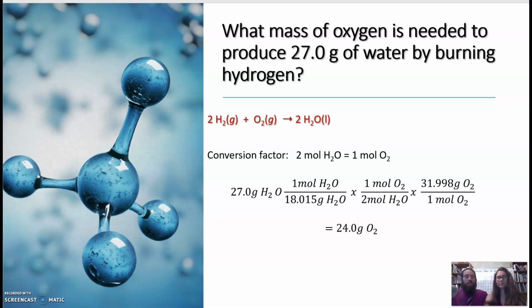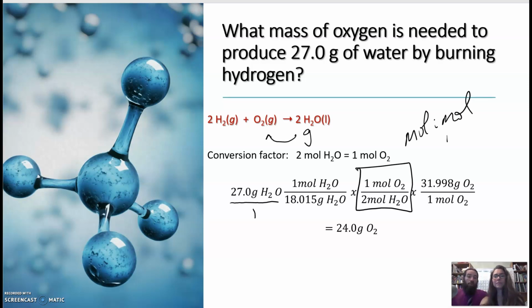So we're going to start with our water. That's actually our product. We're going to start with the water, which we have the number of grams. So we can go from grams of that water to moles of water. And then we're on the island, the so-called island. So we've got the grams. We're using the molar mass of H2O from the periodic table to get to moles. And then the mole ratio between water and oxygen is there's 2 waters to 1 oxygen. So the 2 moles of water goes in the denominator, 1 mole of oxygen in the numerator. The moles of water cancel, and then we can use the molar mass of oxygen as O2 to get the